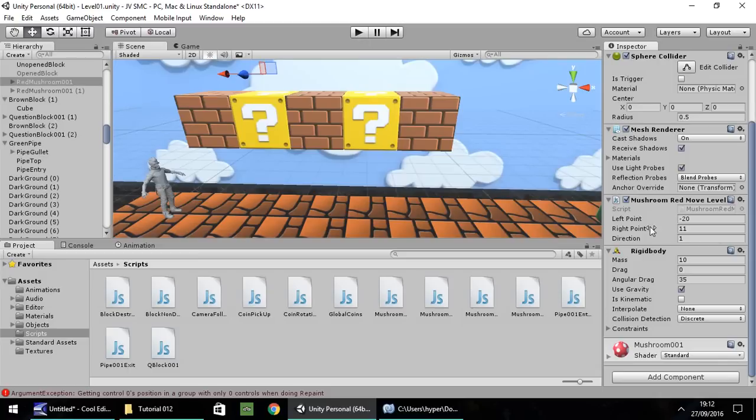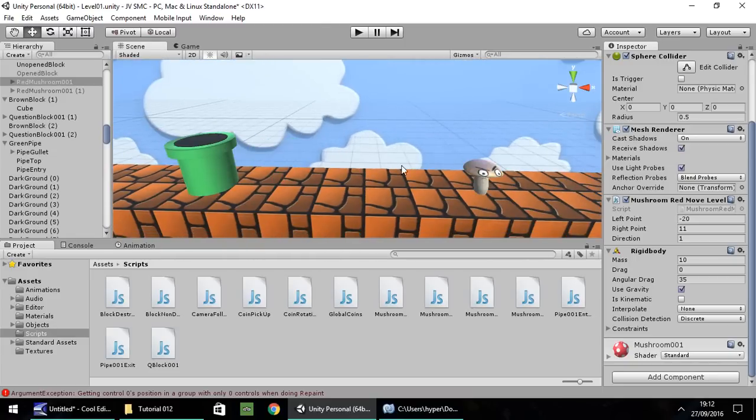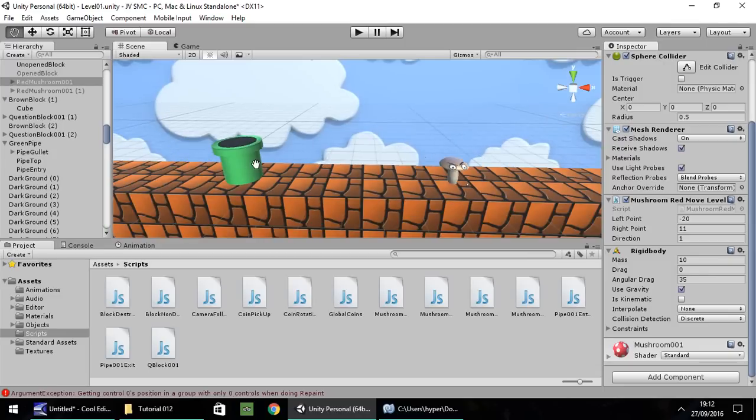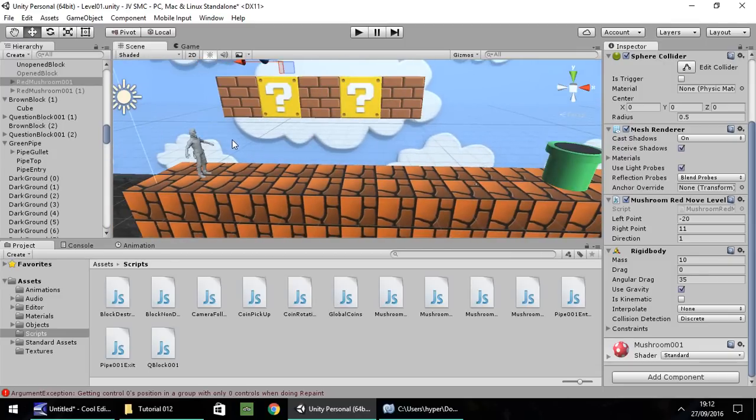Now, this tutorial has gone on slightly longer than I actually wanted. So next tutorial, we're going to work on picking up that mushroom, increasing the size of our player like it would do in a normal Mario game. And I'm not sure if we've got enough time next episode, we may go into a death script. If you remember our little mushroom man here, if we walk into him, he will kill us if we are small. So if we don't have enough time next episode, we'll probably do that the episode after.